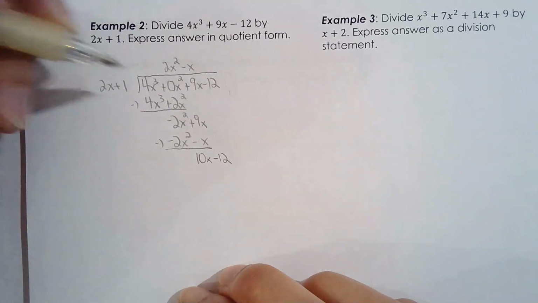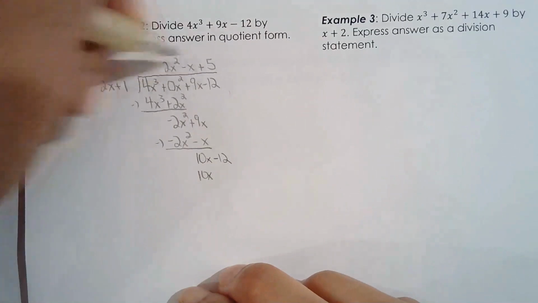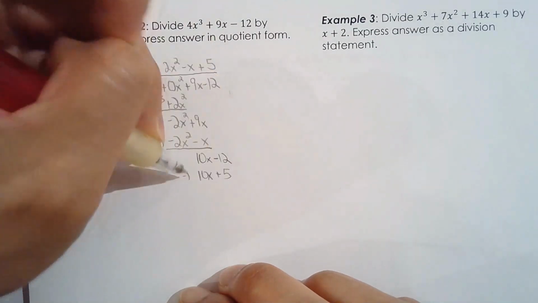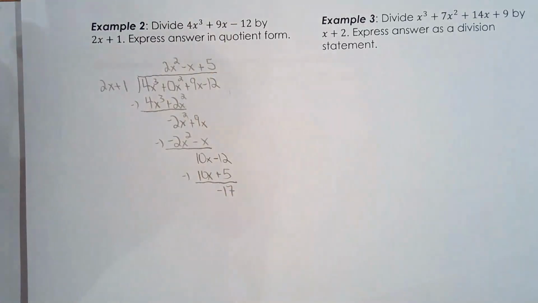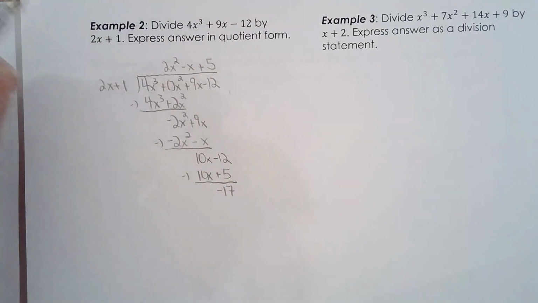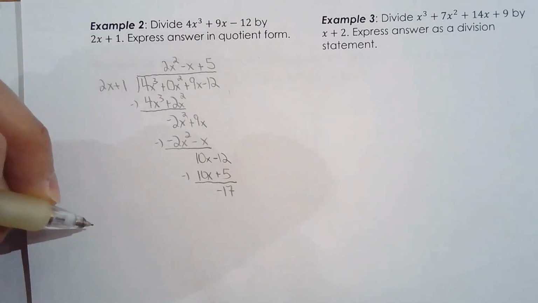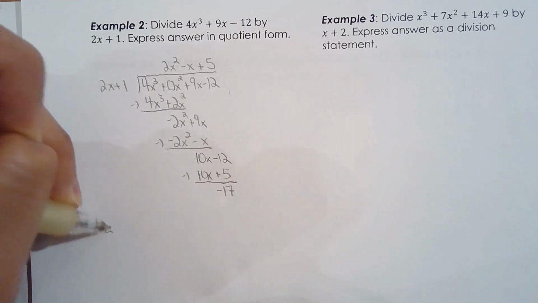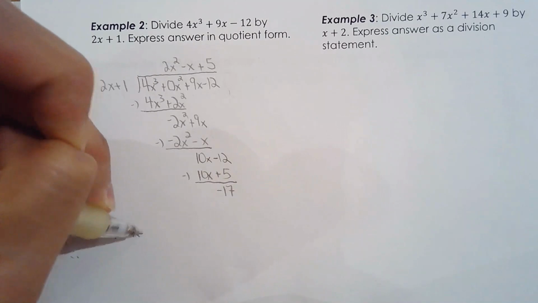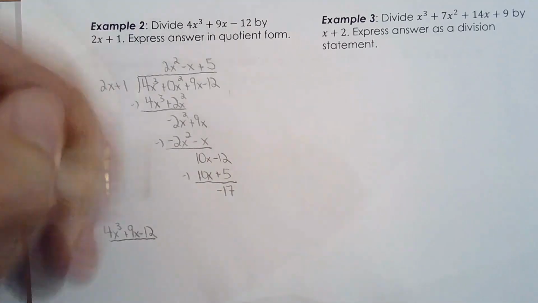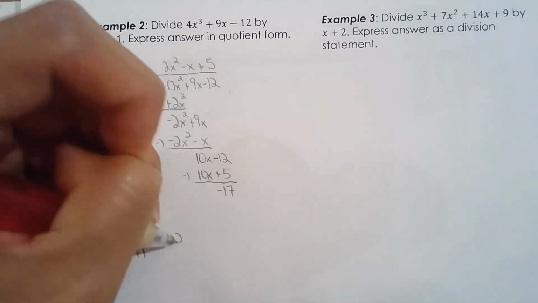Now, what do I have to multiply 2x by to get to 10x? And the answer is 5. So 10x, 5 times 1 is 5. Subtract. So negative 12 minus 5 is negative 17. Beautiful. So that's expressed in quotient form. So quotient form means improper to mixed. So 4x cubed plus 9x minus 12 over 2x plus 1 is equal to 2x squared